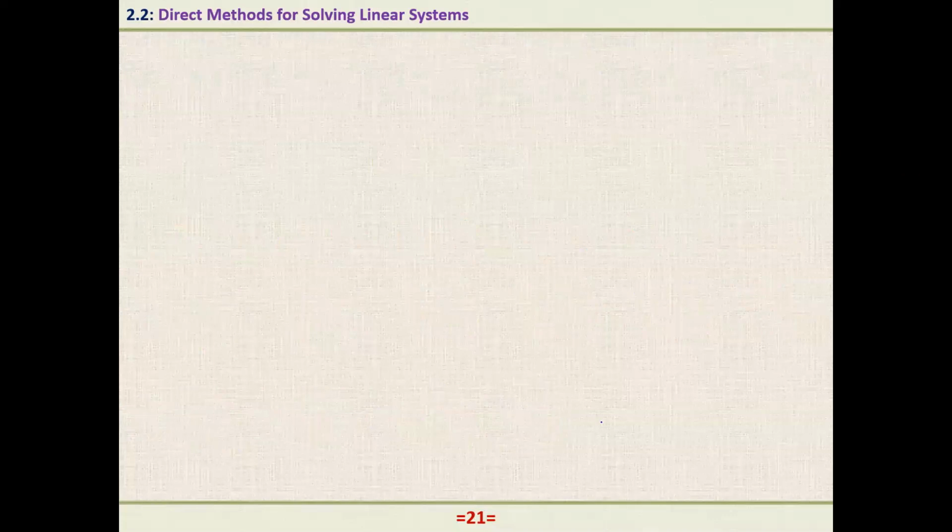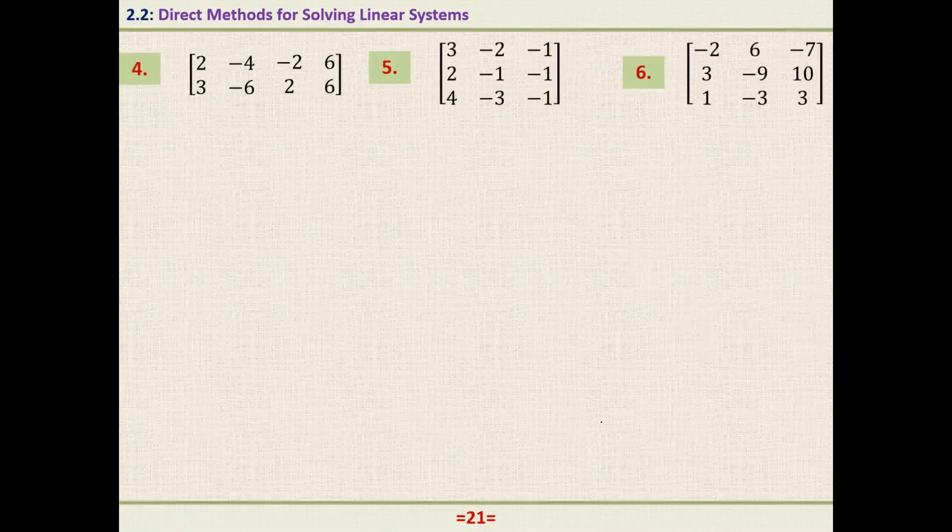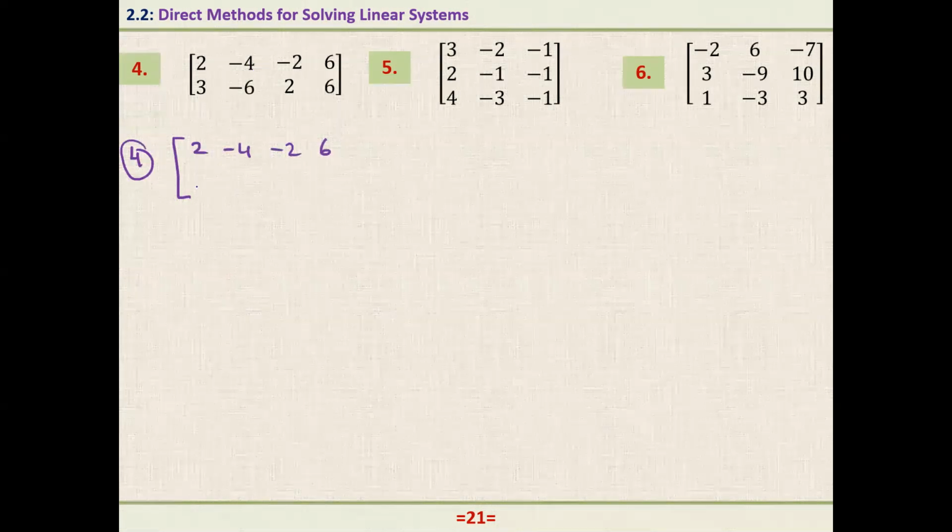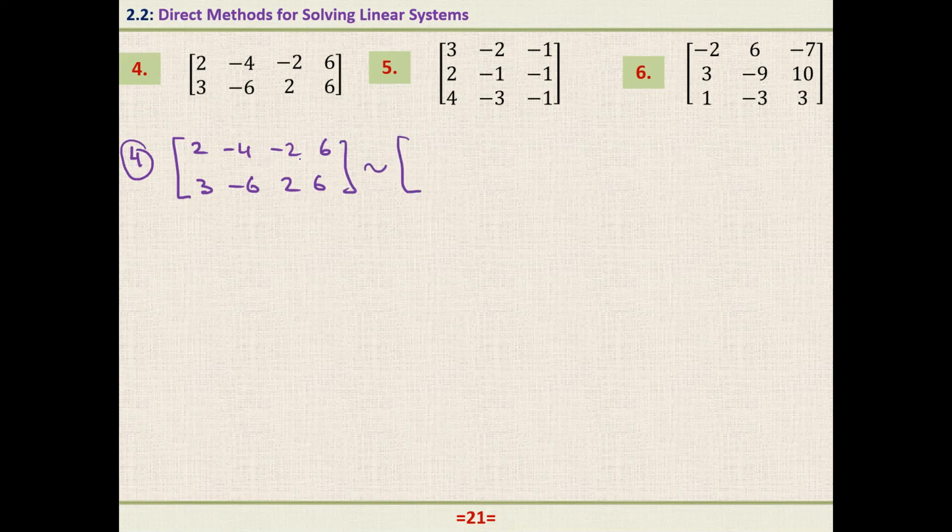Okay. In a similar way, you can do these questions. Here we have 4, 5, 6. And let's do one more maybe. 4, for example. Here we have 2, -4, 2, -4, -2, 6, and 3, -6, 2, 6. Right? And see here in the first row, all numbers are divisible by 2. Let's multiply by 1 over 2. So here we have 1, -2, -1,